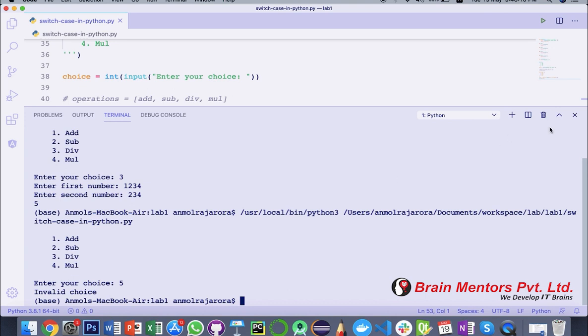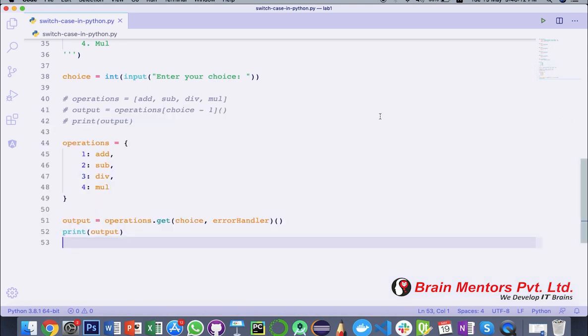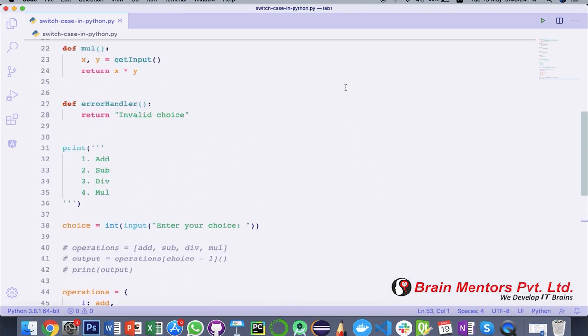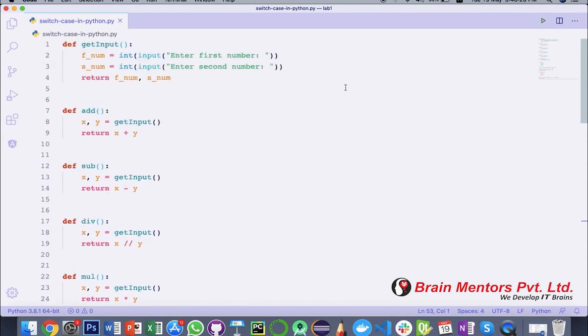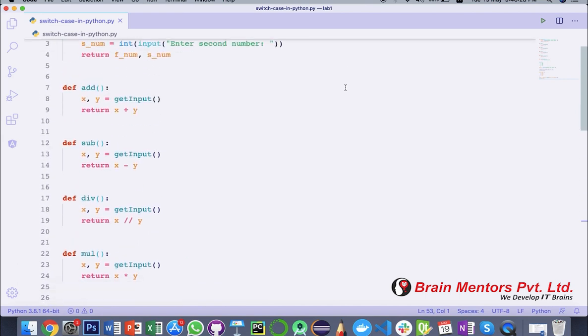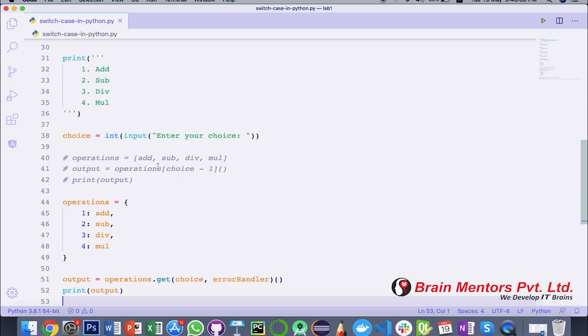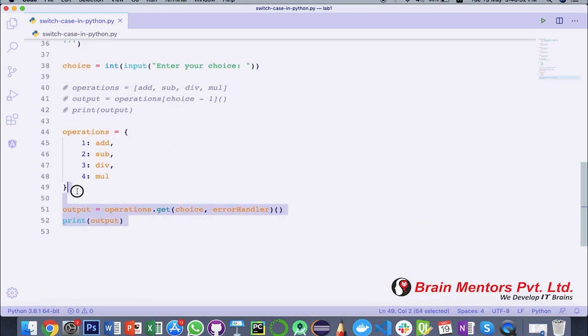So this is how you perform the switch case part in Python. These two things, list and dictionary, both the ways you have seen, are alternatives for the switch case in Python. You don't need switch case here, and please don't use if else. Try to use any one out of these, and it will be better if you use a dictionary, because it has a very big advantage over the list.